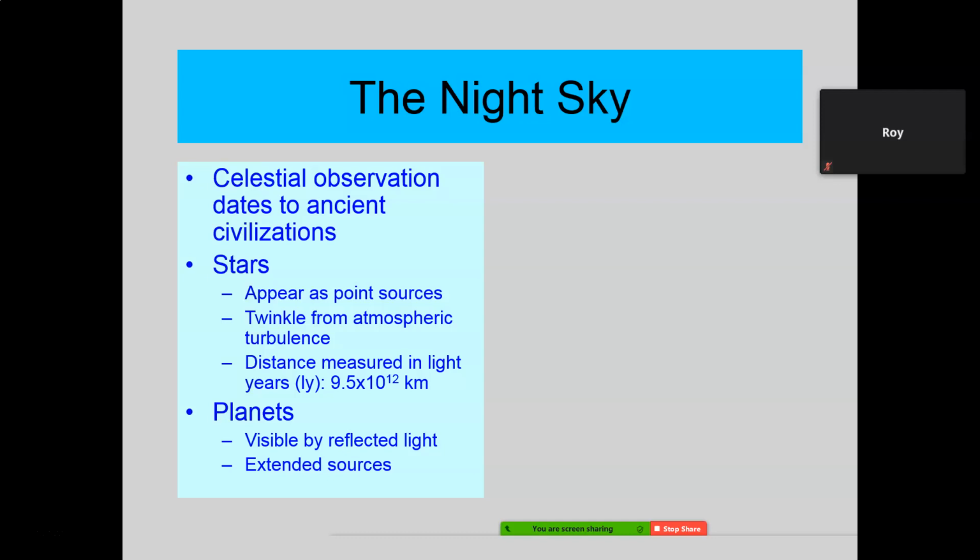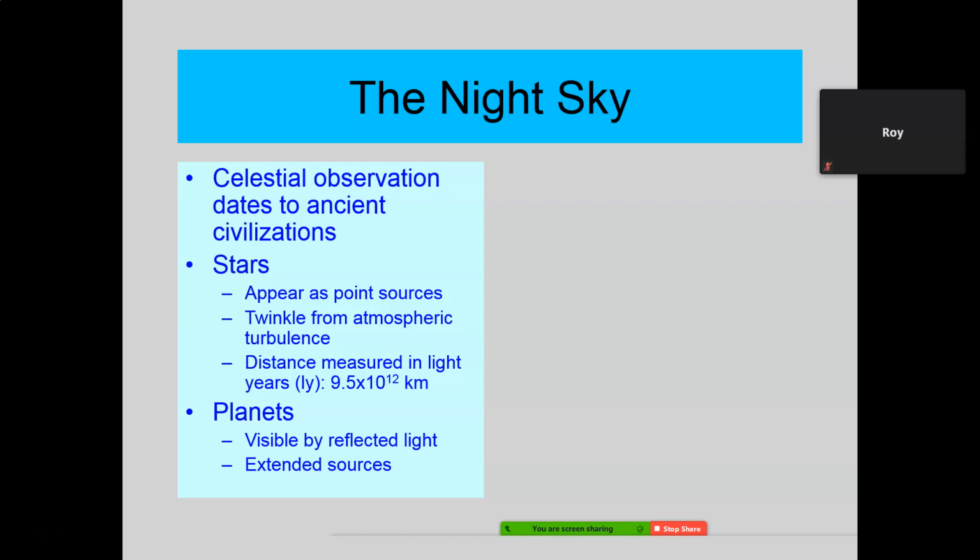So, the planets are what we call extended sources. Now, what do we mean by that? Not point sources, extended sources. If you were to get that very high-powered set of binoculars and look at a planet, you actually see maybe not a whole sphere, but you see part of a sphere. The reason I say that, the sphere may be some of it in darkness. You're only seeing the part that's showing off light. Just like the moon looks like a circle up there, or a portion of a circle. That's what the planets would look like.